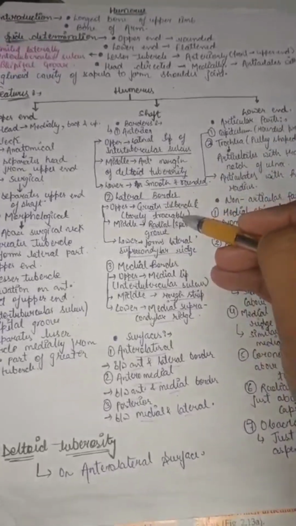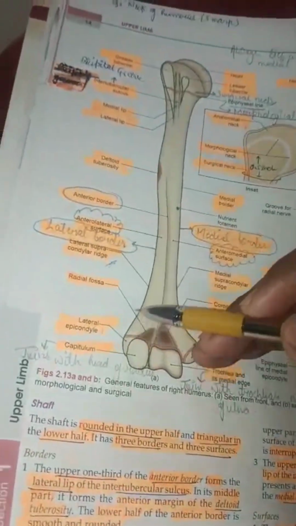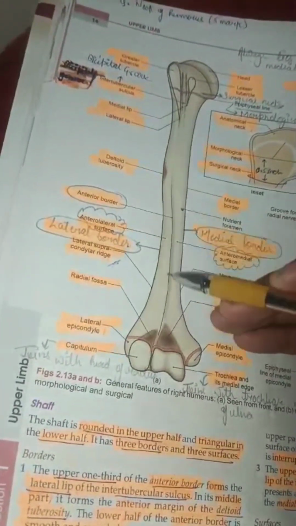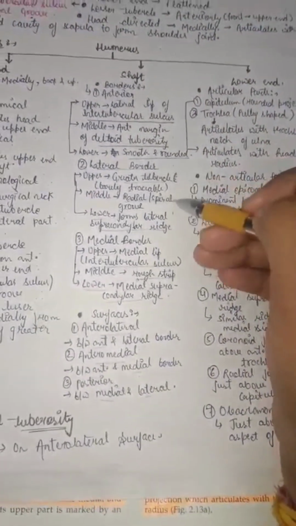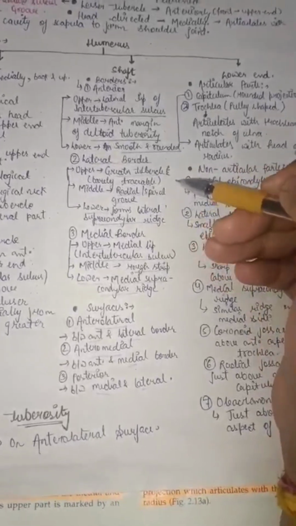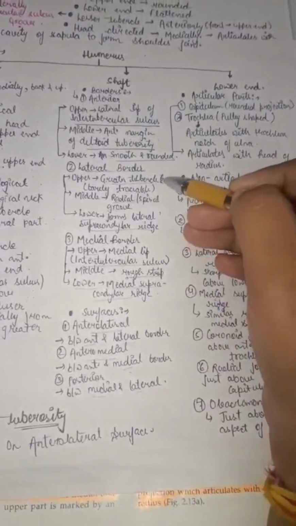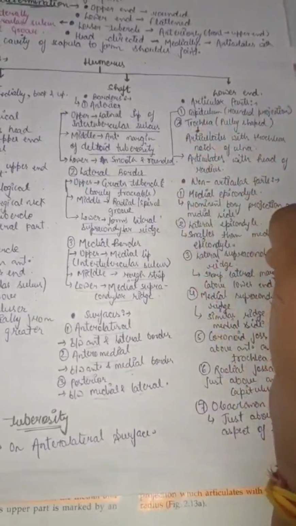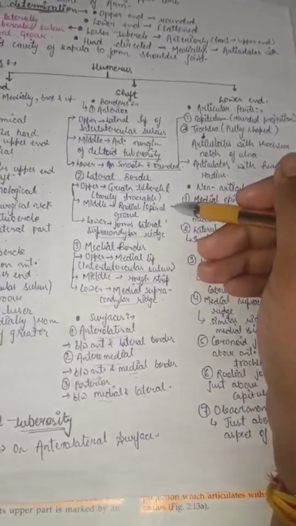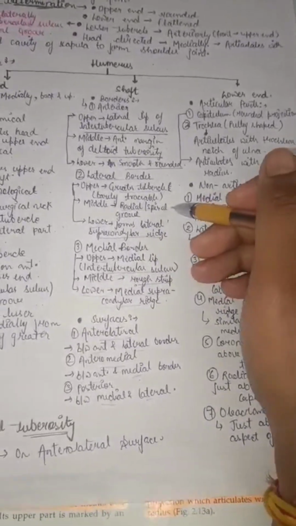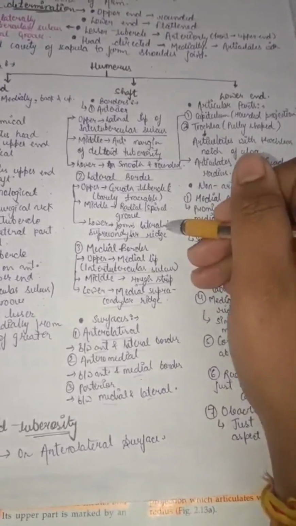Now let's jump to the lateral border. Here it is the lateral border. In lateral border again we have three things: upper one, middle one and lower one. Upper one forms greater tubercle, which is barely traceable. We can't properly see this. Second, in middle we have radial or spiral groove, and the third one is lower one, which forms